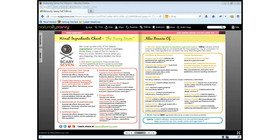Next thing, artificial colors. Yeah, so as a mom of 3 kids, artificial colors is probably my biggest nemesis. It's found in everything that kids love: cotton candy, slushies at birthday parties, lollipops, popsicles, freezies. I mean, the list goes on, and it's one of those things that are really hard to take out of